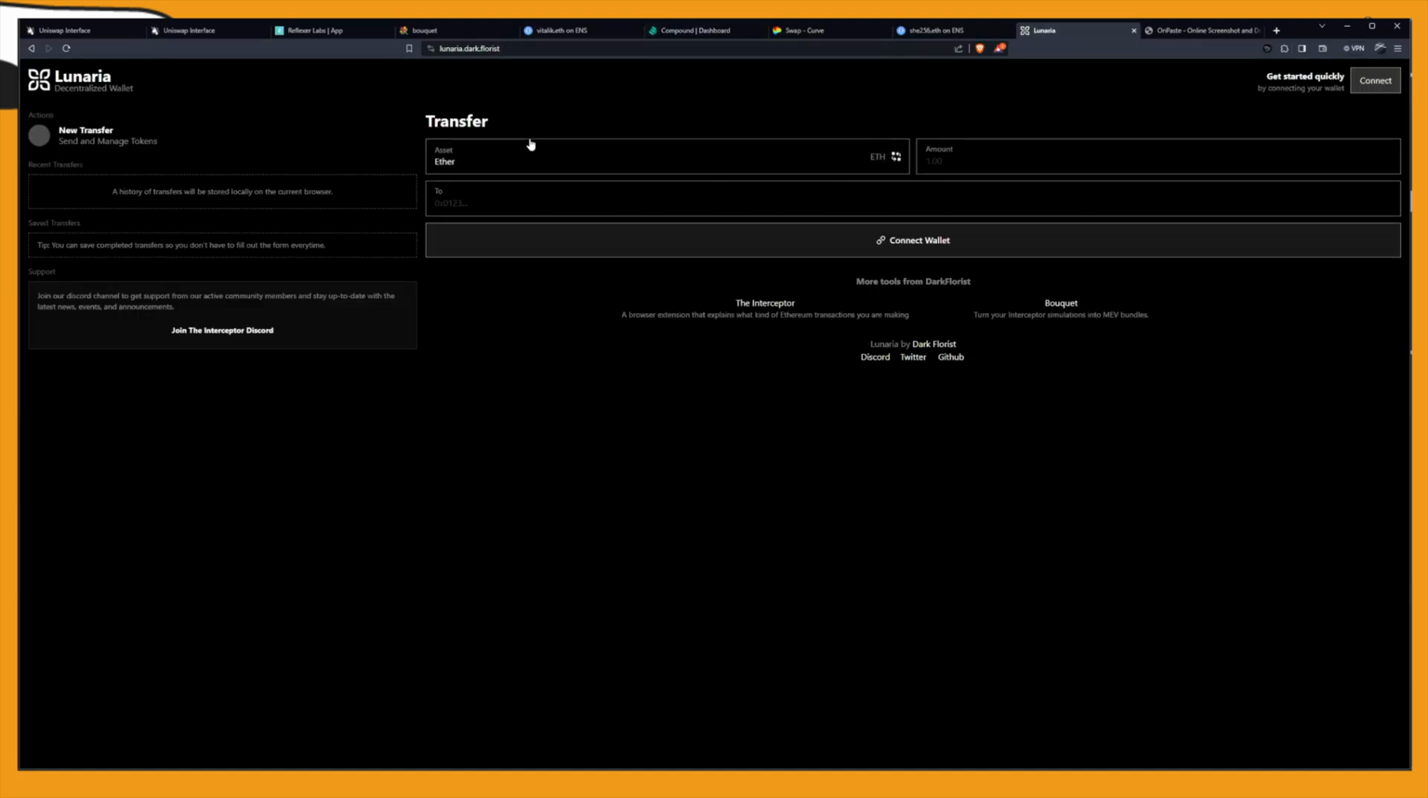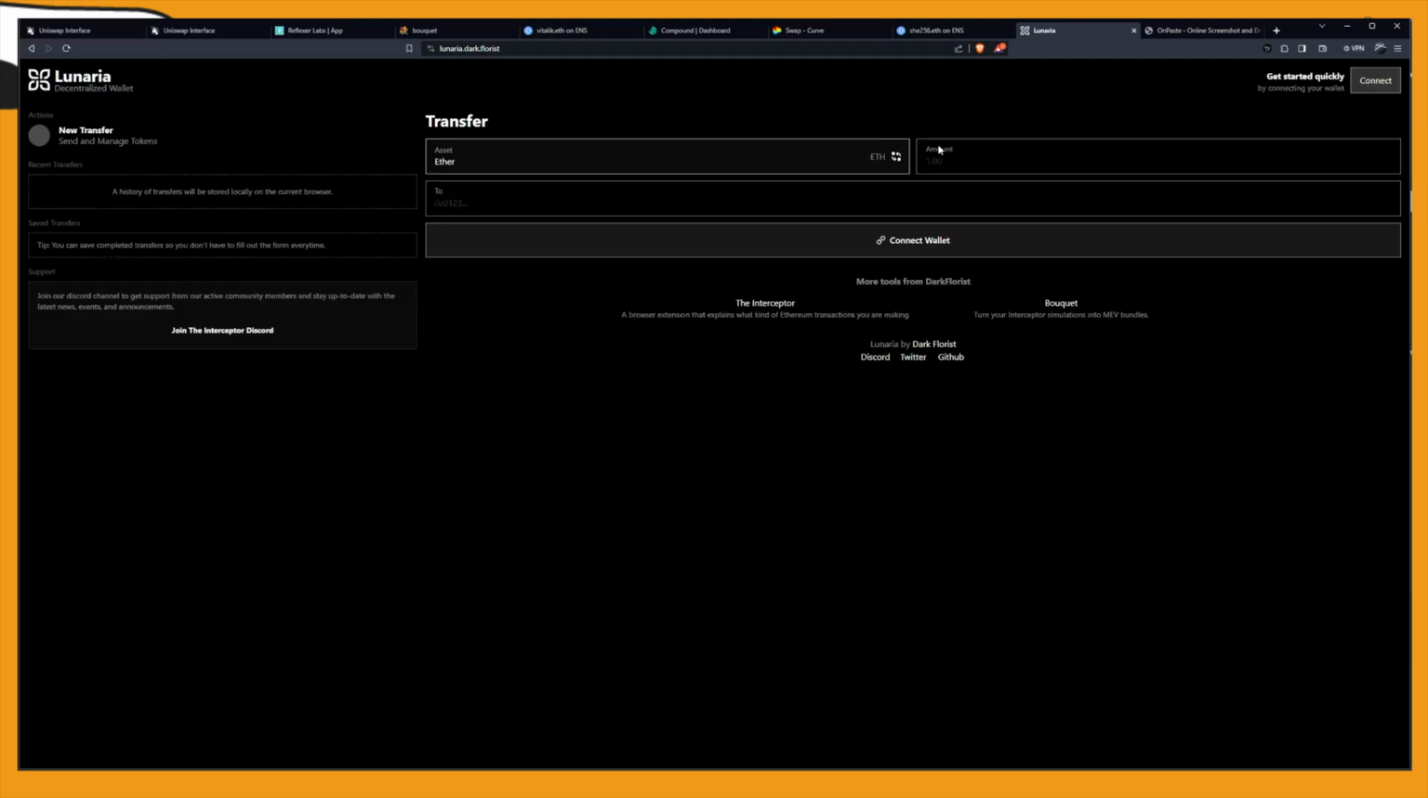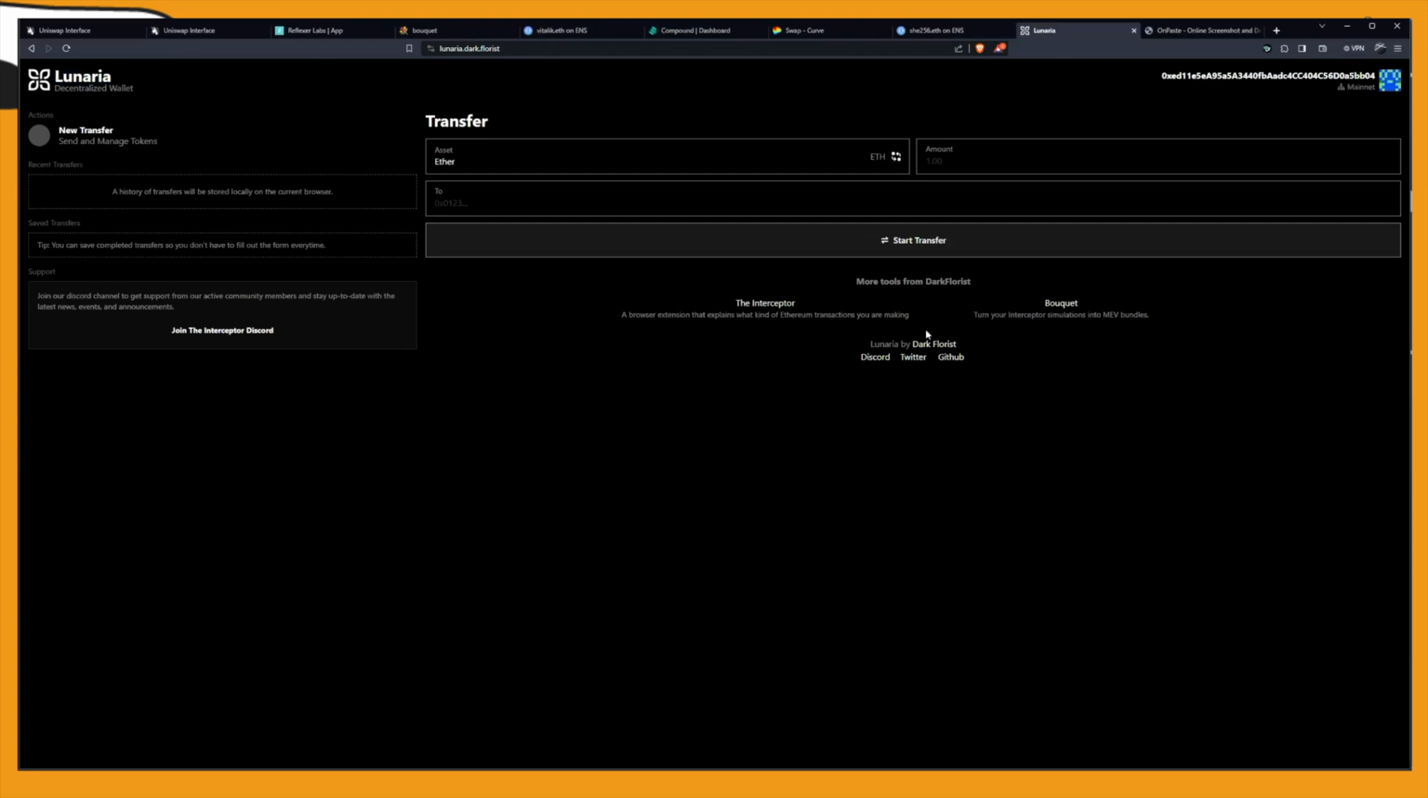So another tool that we built here is Lunaria. All Lunaria is, is a tiny little app. All it does is let you send assets from one account to another. This is just send ETH or send tokens. The reason we built it is because most apps that allow you to send ETH or tokens either aren't decentralized,